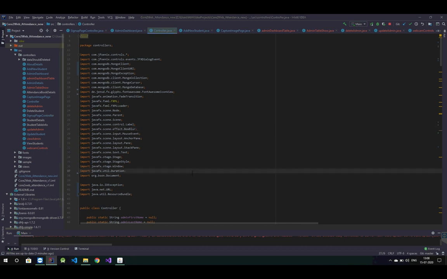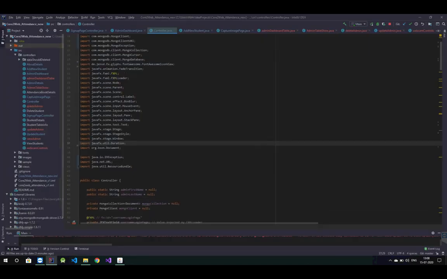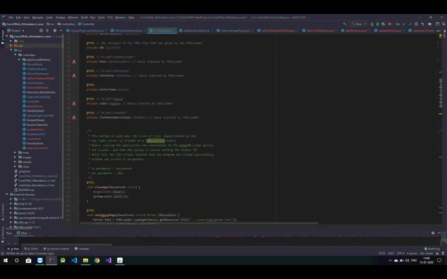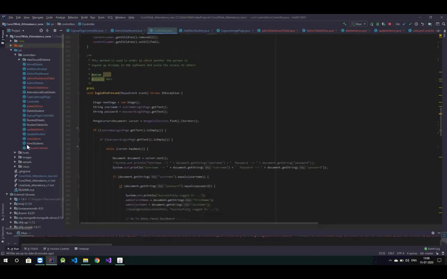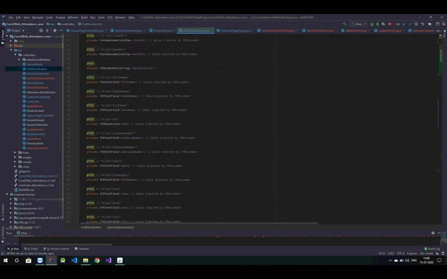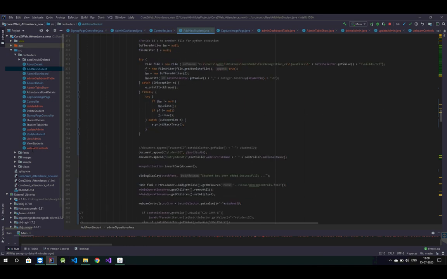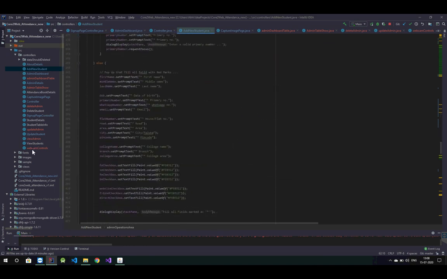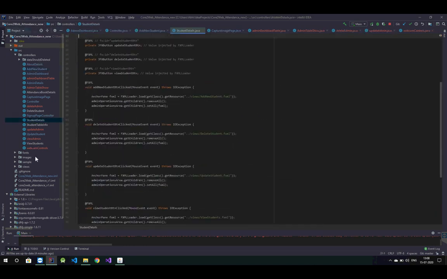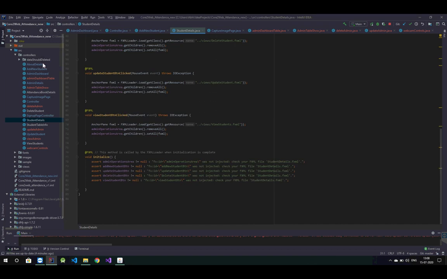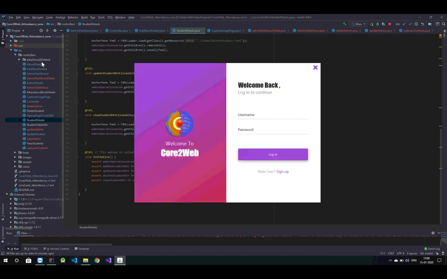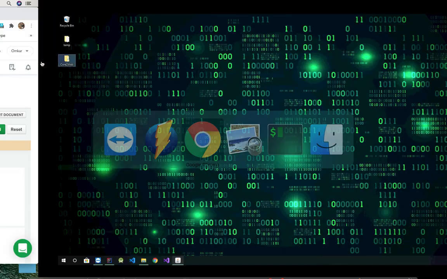We can see by scrolling that the code is very huge. So you can see at the left pane there are many files. Each file is a controller and there is a view layer which is made in FXML, that is JavaFX, that has been attached with this controller. And as a backend we are using MongoDB Cloud Atlas. So there is a Cloud Atlas provided by MongoDB. So we are uploading our data in the cloud.